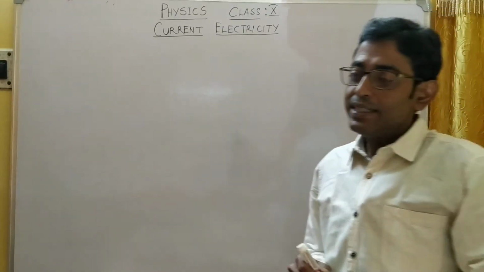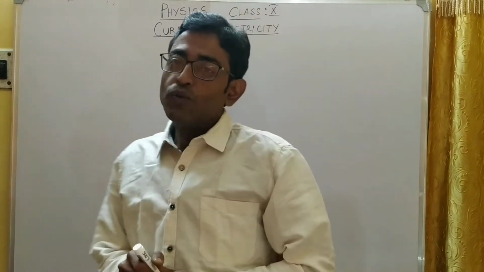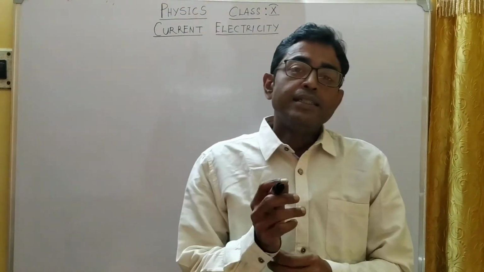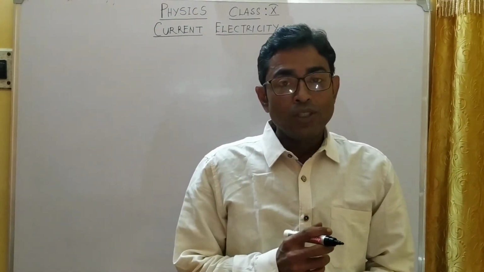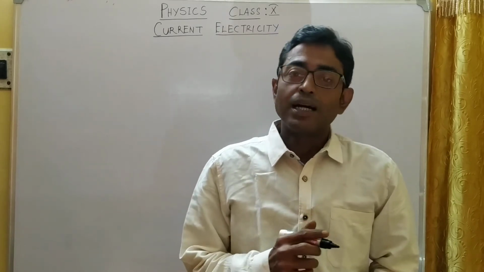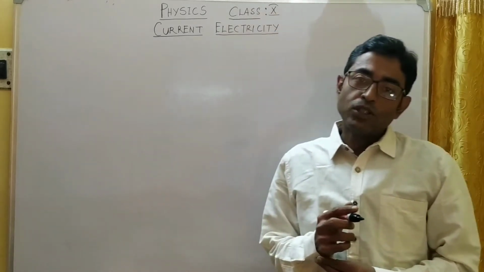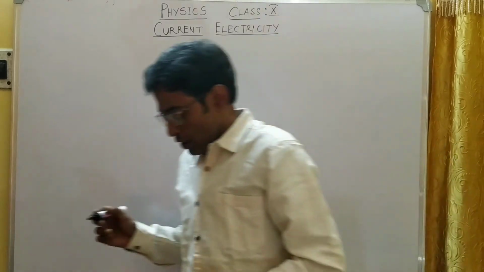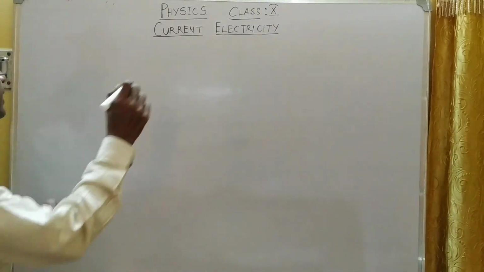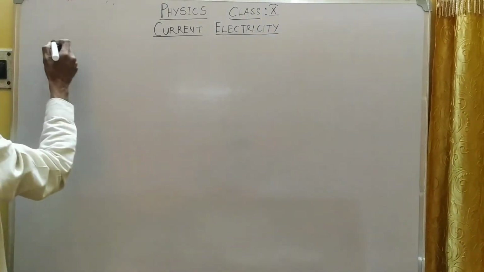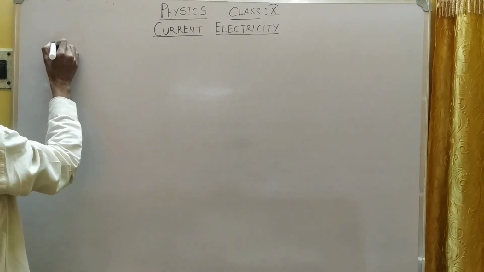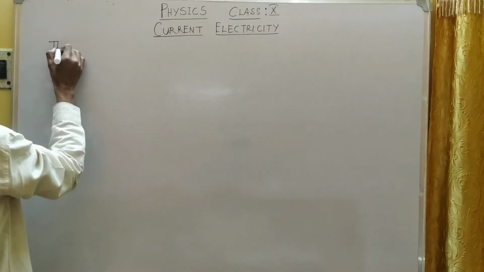So the chapter is current electricity. We all know what current is. Current is the flow of electrons through a conductor. Remember, current is the flow of electrons through a conductor. So we can start current electricity by defining it. Remember, current, the flow of electrons,